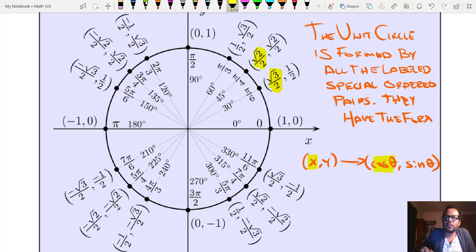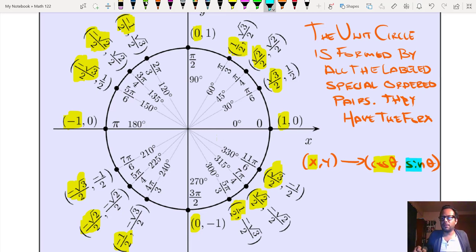Let me highlight all the yellow ones, the x's only. Okay. Careful with the rotation here. I'm already getting dizzy here. All right. The x's are cosines, while